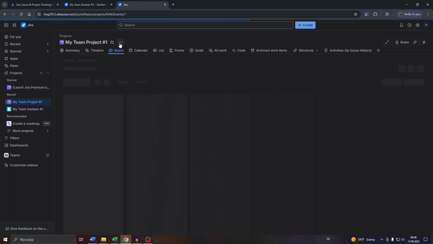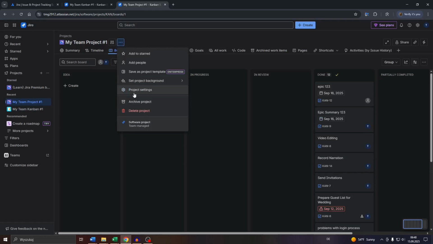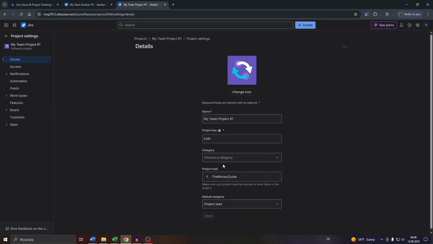So if I head back to my project settings by clicking into these three dots here and by selecting project settings, I will see here that the category I just created is now available. So you can choose it from that menu, and that's how you create